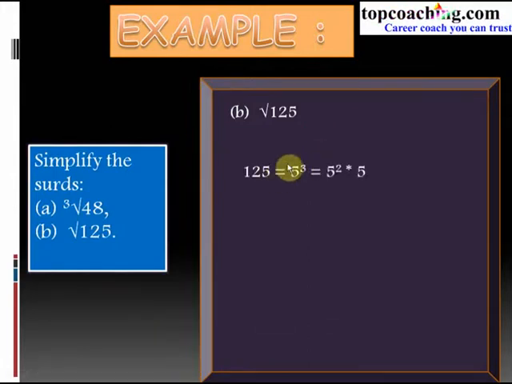Now we also know that 125 is equal to 5 cube. Now 5 cube can be written as 5 square into 5. 5 square because we have to find out the square root. So we are expressing this prime factor in multiples of 2. So under root of 125 would be equal to, we take out the square root of this number into the square root of 5. So this would be equal to 5 into root 5. So under root of 125 is equal to 5 root 5. So we have expressed this pure surd as a mixed surd.